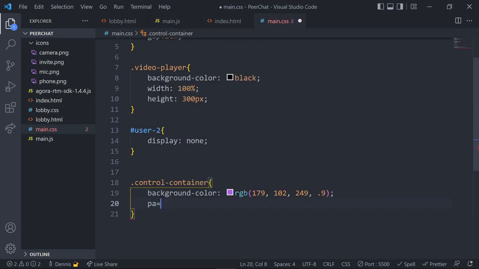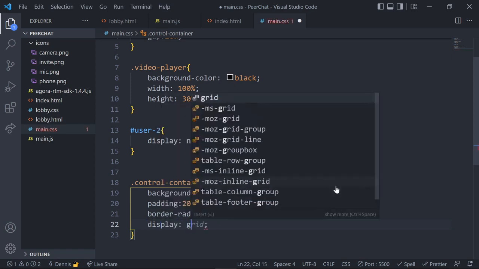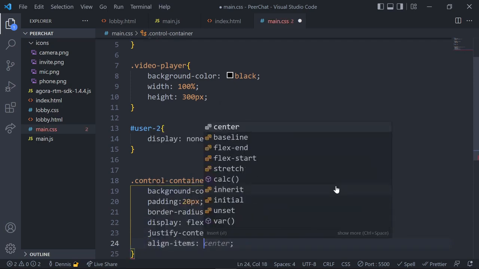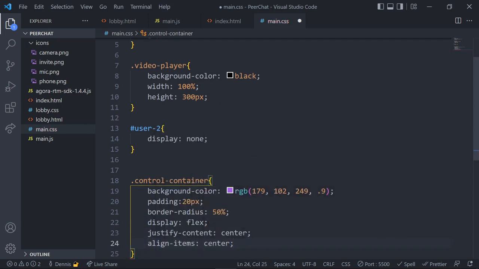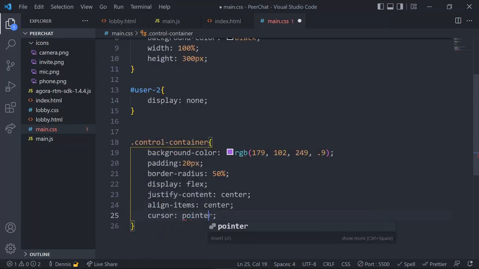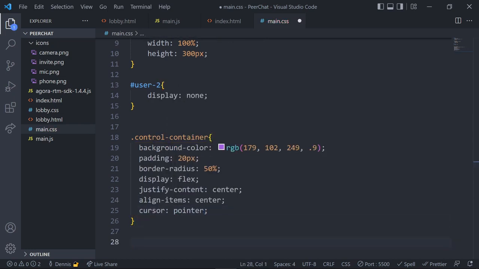Let's go ahead and add in some padding. So for the padding, we'll just do 20 pixels all around. Set that up here, and then we'll just make sure there's circles. So we'll do border radius 50%. And then after that, we also want to make sure that the button is centered, or the actual icon image is centered and set inside of this container. So we'll just do display flex, and then we'll just do justify content, and that's going to be centered, and then we'll do align items centered. So we want to make sure it's centered horizontally and vertically. Okay, so we're going to center that, and we also want to make sure the buttons look clickable. So we'll do cursor, pointer,